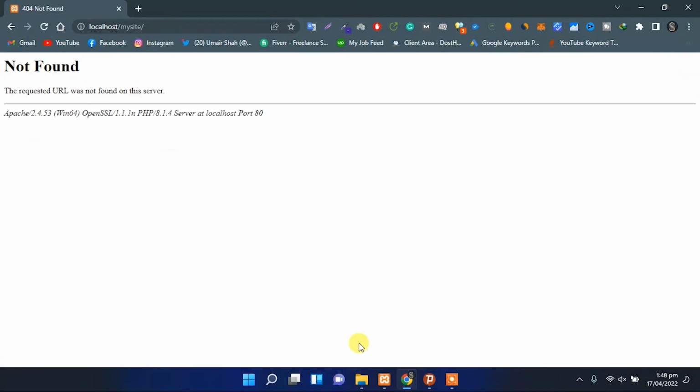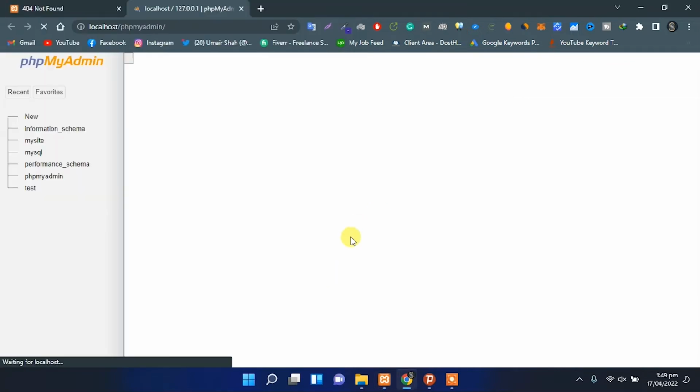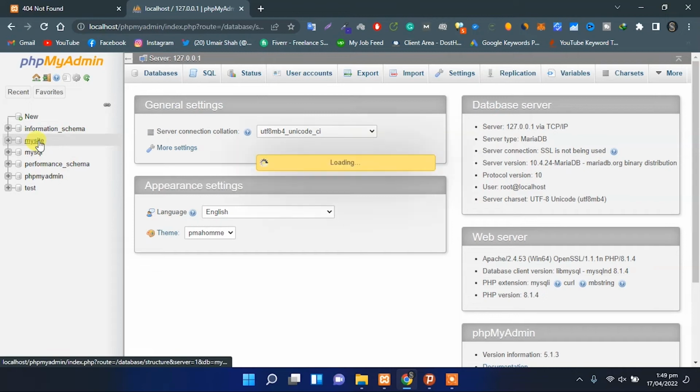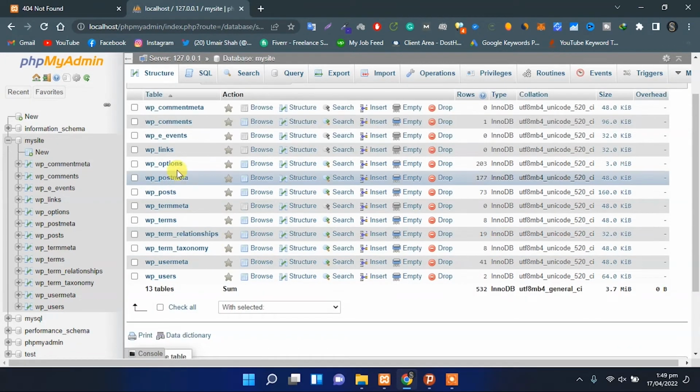So I will click on the XAMPP control panel, and from here I will click on that admin button, and from here we will click on that MySQL database, and we will not change the MySQL database name, we will only change the site address and WordPress address. So from here we will click on that WP option,